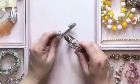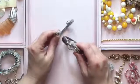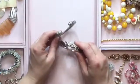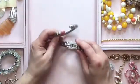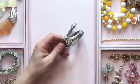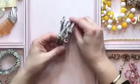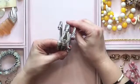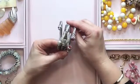A lot of people were getting excited over these too, so let's take a look at the tray. For those of you who love that David Yurman style, or you like the Stephen Lagos and the Michael Dawkins style, those types of pieces, or even Judith Ripka, these are great. These are unsigned, but they are very heavy. They're very well made. These are cable bracelets that we have, and we've got them in a variety of different